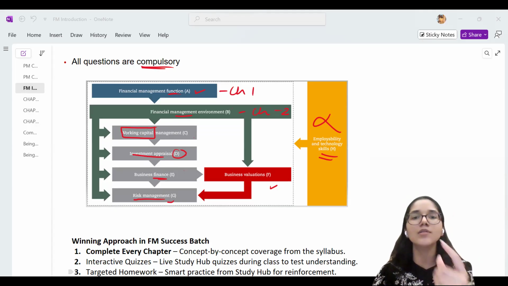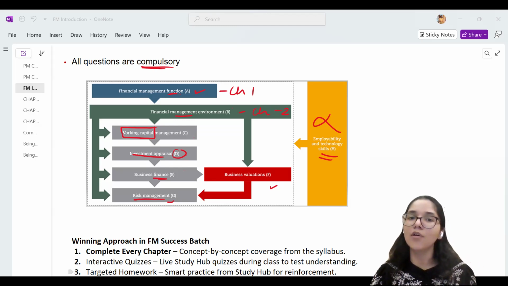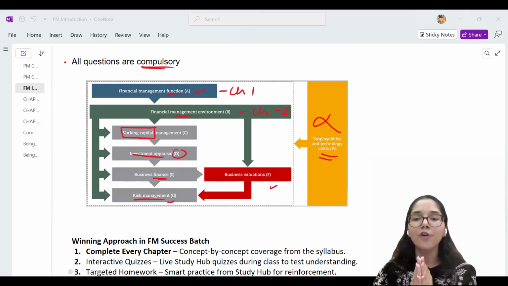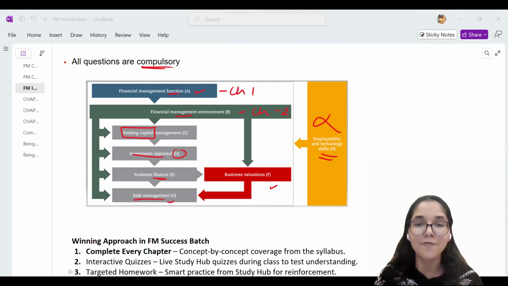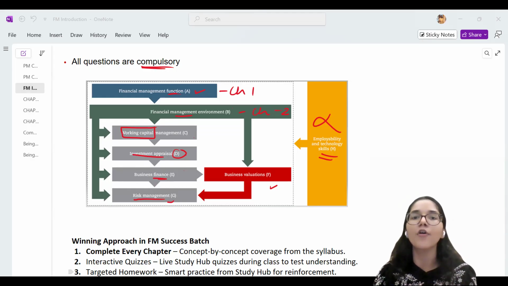You keep paying a small amount of premium so that one day if something goes wrong, and you all know how expensive healthcare is becoming. In the developed nations, it's already quite expensive, but there the governments keep paying the bills. But here, if you talk about developing countries like India, Pakistan, Nepal, Sri Lanka, you're seeing how the healthcare industry is becoming more and more expensive for the common people. So, what is one thing that we can do to afford good quality healthcare? We can opt for insurance.